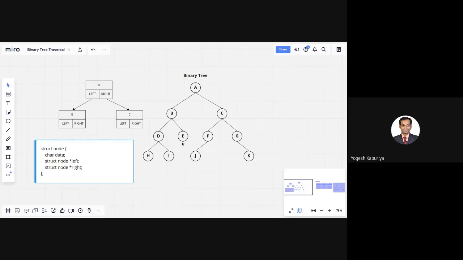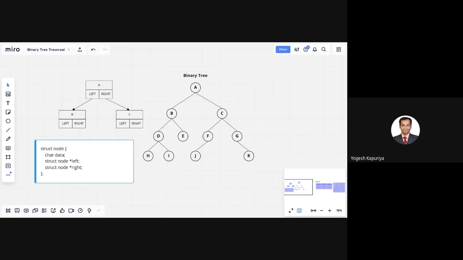Let's say I want to reach E. So what I have to do is simply start with A, then you will go to the left of A, so that you will find B, and then you go to the right of B, there you will find E. So what I mean to convey is that using this representation, you can search inside any node within a tree, you can traverse within a binary tree. So I hope up to this point it is clear. This is what we have discussed actually, right?